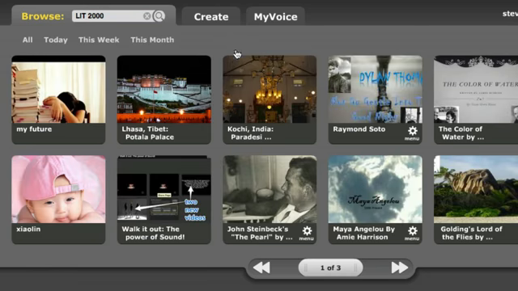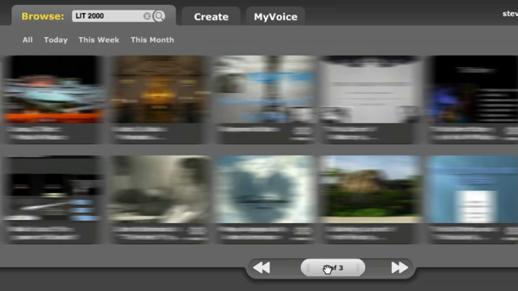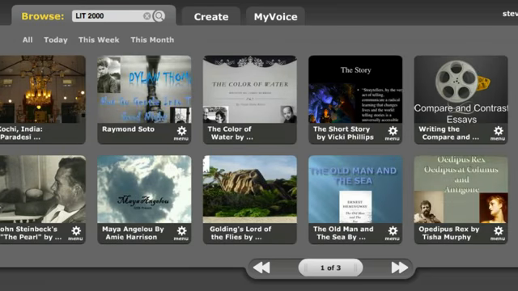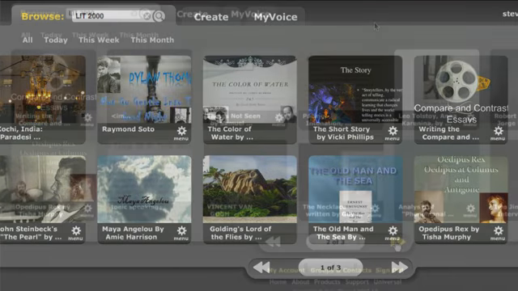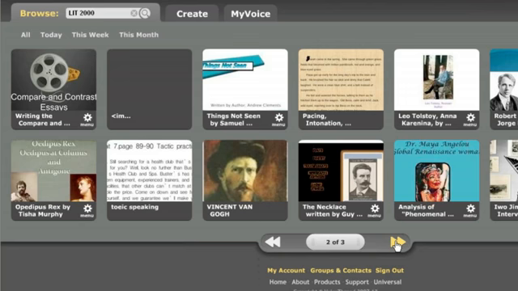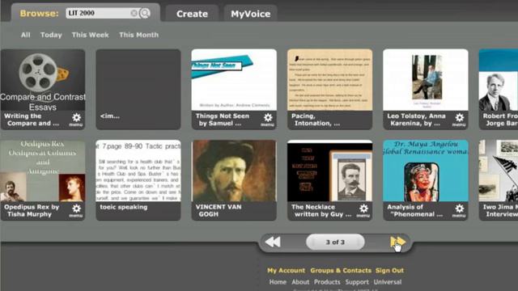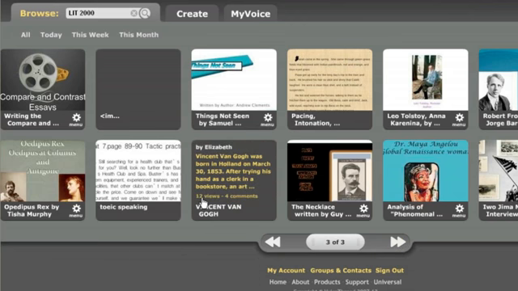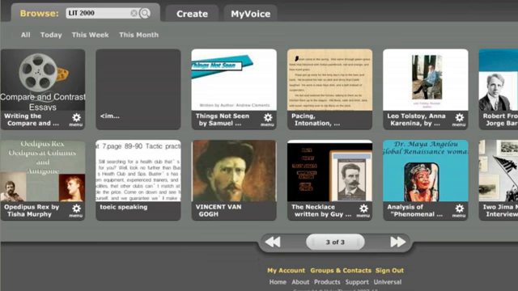Just to review, the reason Vicki is using the tagging feature to point her students to them is because she's sharing them publicly, and so she wants her students to have a real easy way to find them through the public browse feature of VoiceThread. Right. So when you create a VoiceThread and you elect to put it on browse, that's how you make it public. Exactly. Browse is the equivalent of public on VoiceThread.